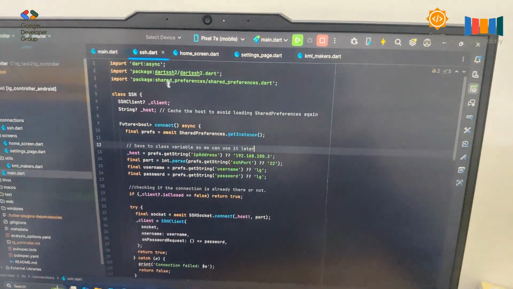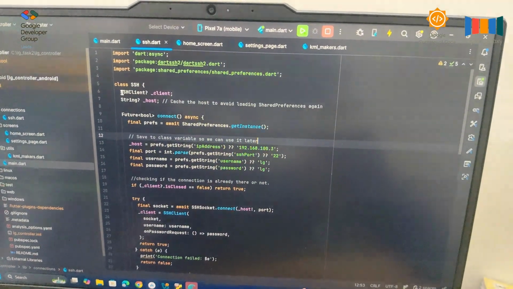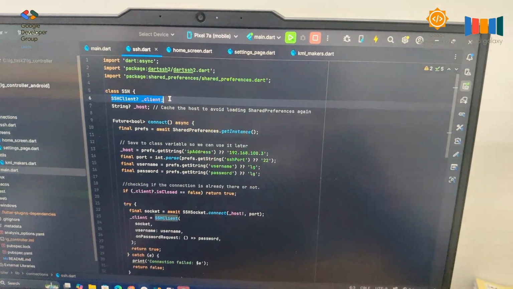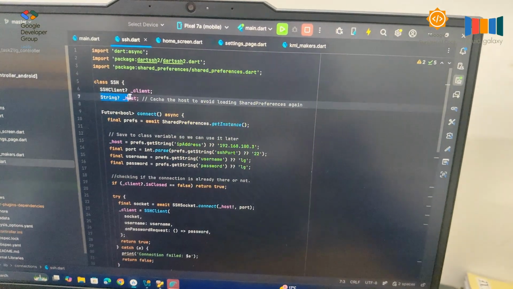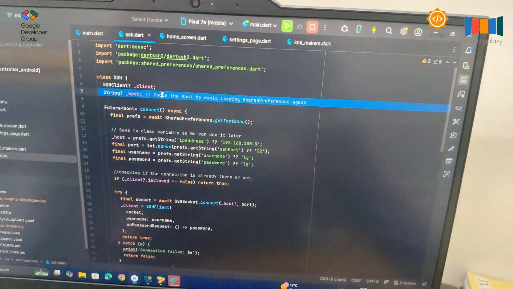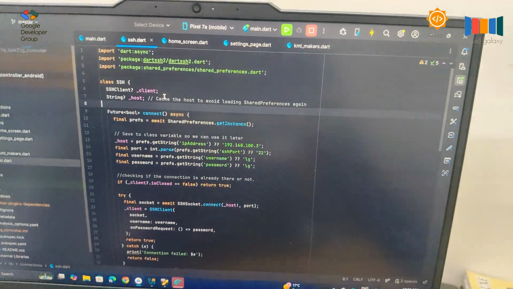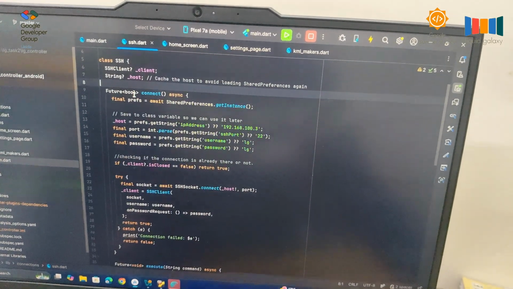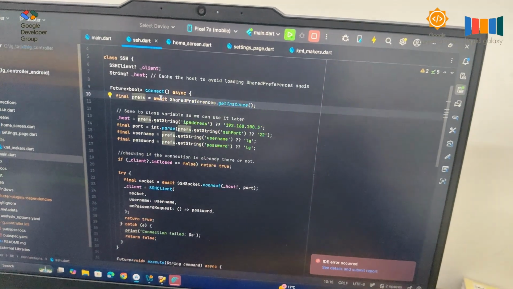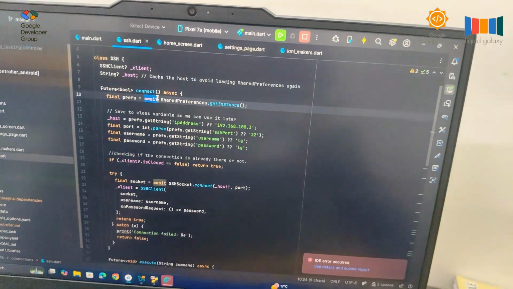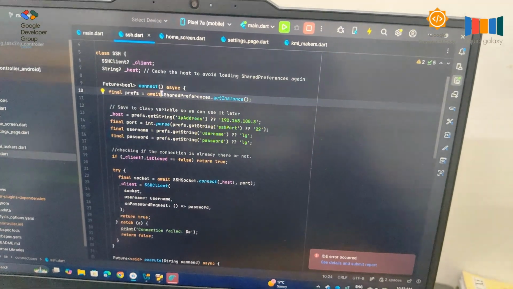Let's go to ssh.dart. So here I have made an SSH client, which is a private variable, and then I have made the host global so that we can avoid loading shared preferences again and again. So here I have made a connect function, where we use async await so we don't crash the UI while the